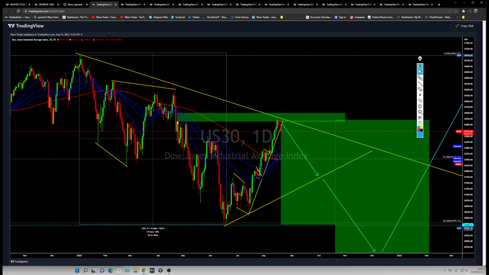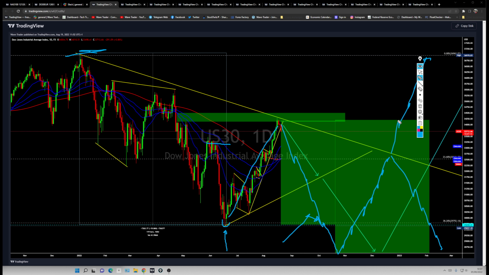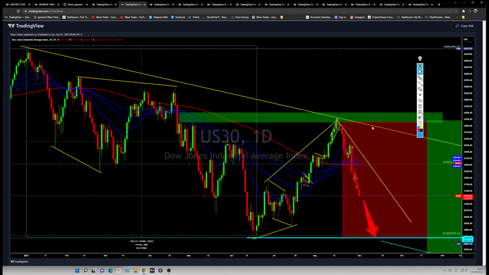So let's look at the previous charts, and then we're going to talk about what may happen once that bearish rally hits the floor. On US 30 we were expecting the bullish rally which started in June to drop and keep falling all the way back to that previous low, or form a new low and give us a buy opportunity all the way back to that previous high, or another leg lower, very much similar to this previous one. So right now we are within that bearish leg on the US 30.